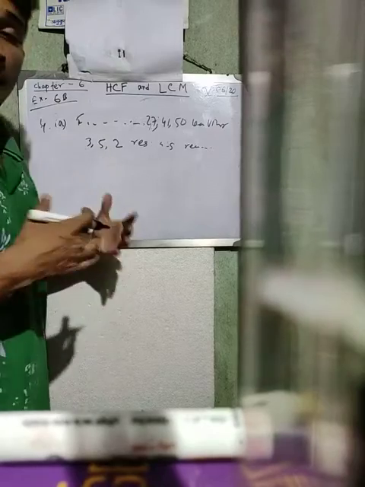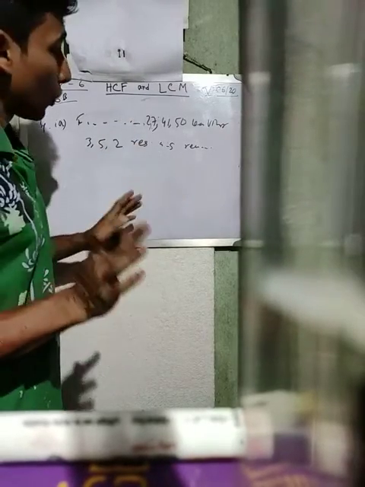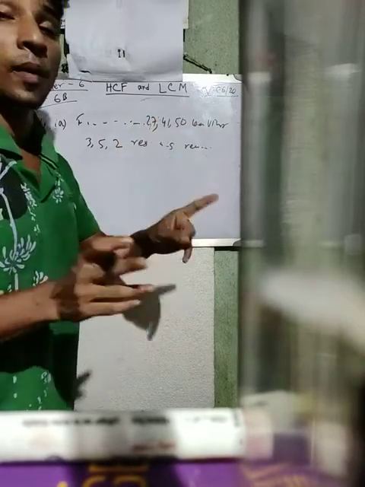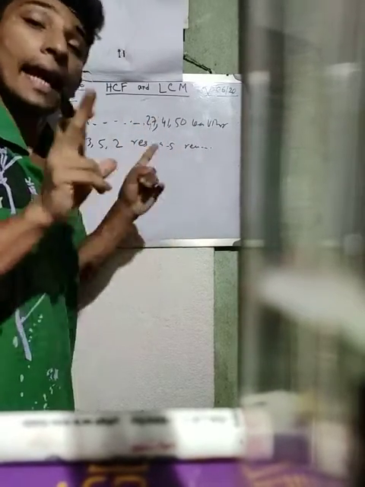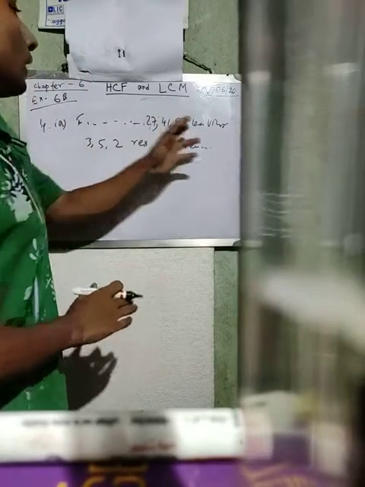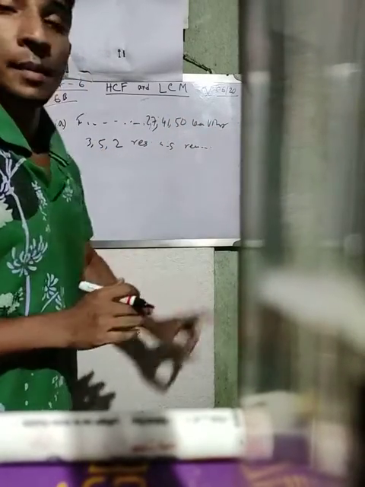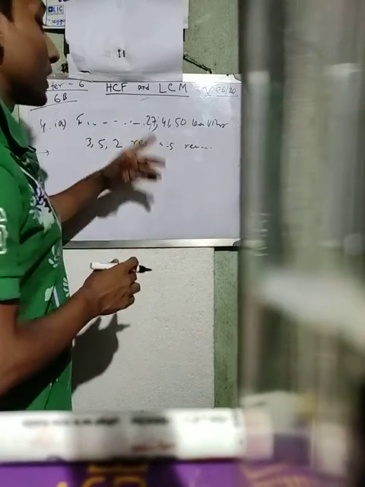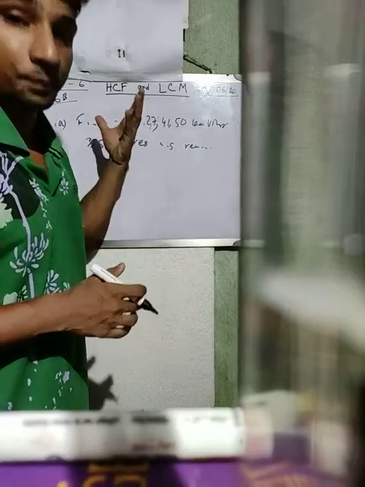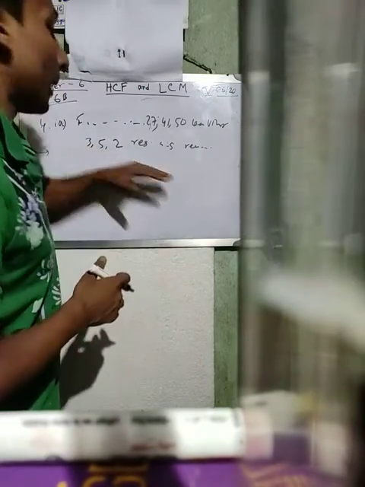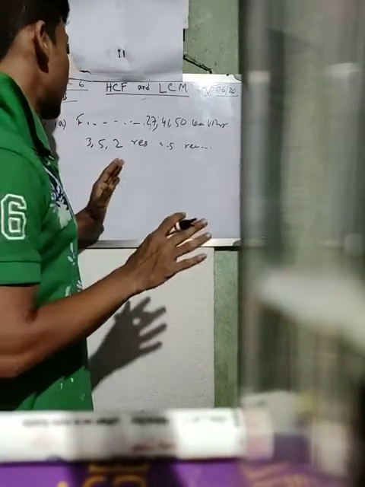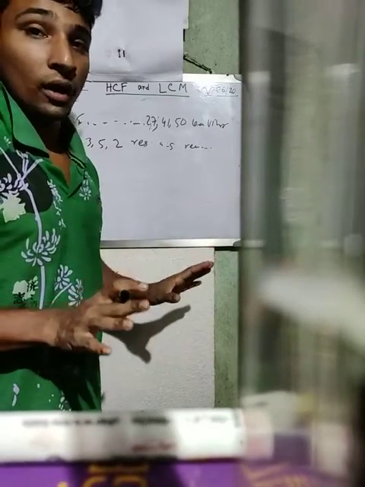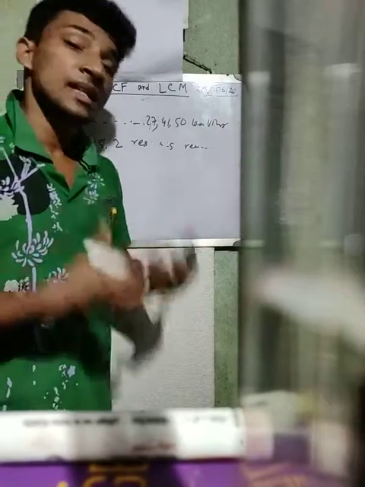Now it is a similar question; you have to find the greatest number that divides these. That means you have to find the greatest divisor, that means you have to find the HCF, leaving these as remainders. As I discussed earlier, if we divide these numbers with the divisor, there will be a remainder, that means we cannot divide the numbers exactly. So at first we have to find the divisible numbers.